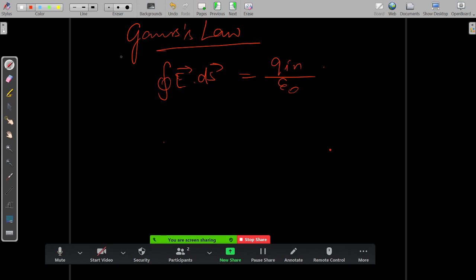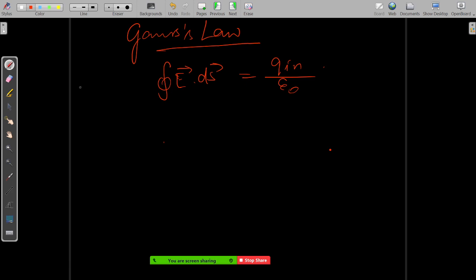Yeah, uncle. So Gauss law says that the total flux due to an electric field through a closed surface, this means closed surface, is basically equal to the total charge enclosed inside the surface divided by epsilon naught. So in this, you have to understand this formula. This electric field is the net electric field, and this Q is only the charges inside the closed surface. Whatever the closed surface is, these are the enclosed charges inside the surface, but this electric field is due to all the charges present there.